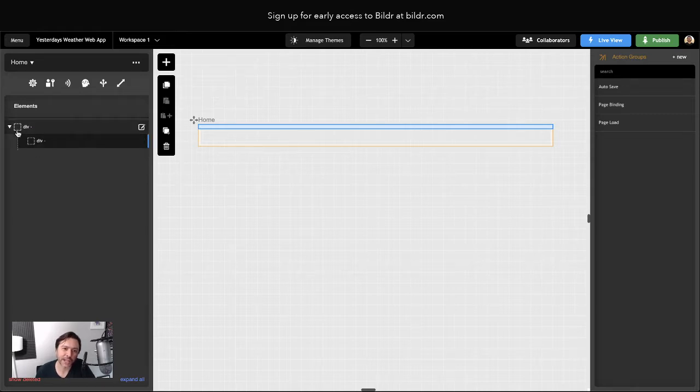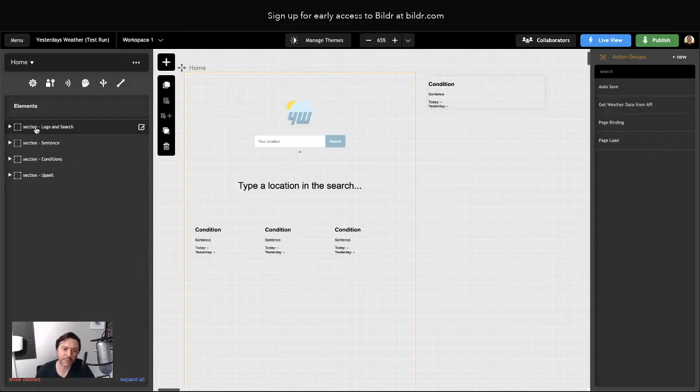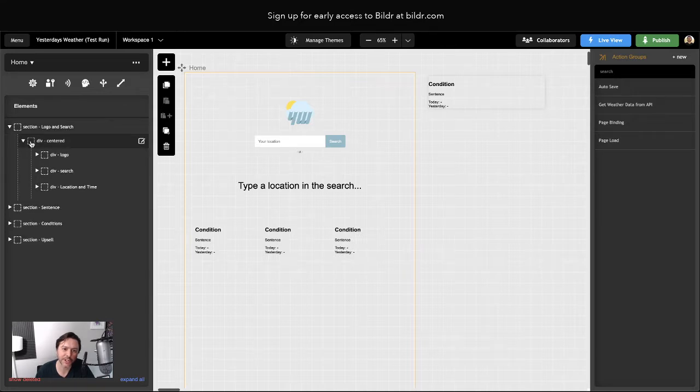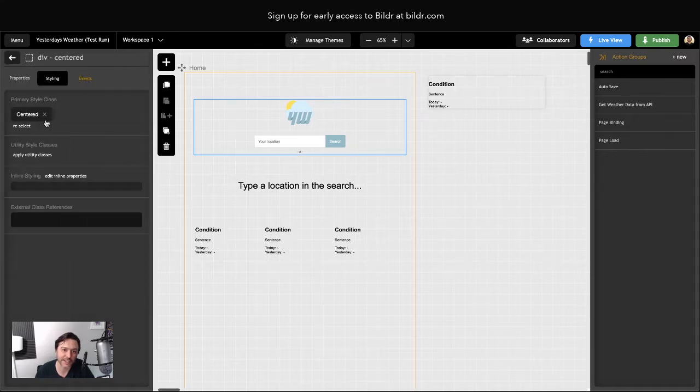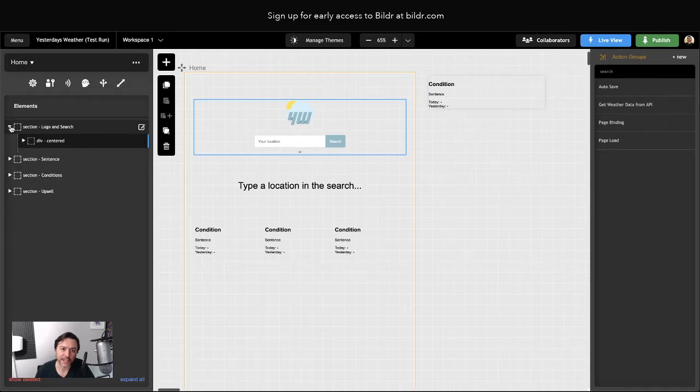So you can see the structure on the left shows you parent-child relationships. And in the other app, this is kind of what this translates to. I have a section for logo and search, and then I have a div with centered. So if I select this div, it's got this class I made called centered. And what that does is I can put sections for each of the different things down the page. So I have section, logo and search. I have section, sentence for this weather sentence, section conditions for these conditions, and then section upsell, which is hidden right now, but that's that graphic that pops in. And then each of those sections,